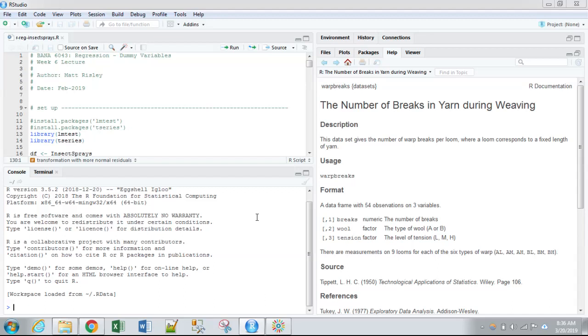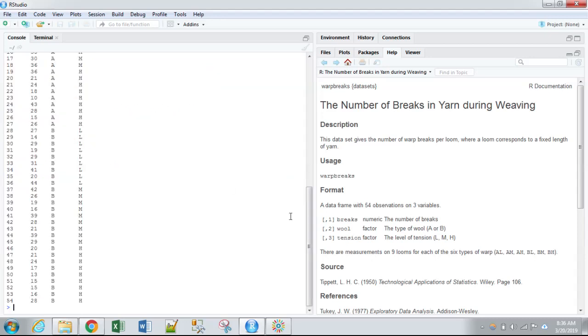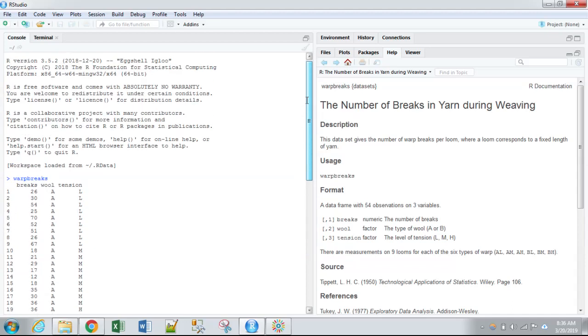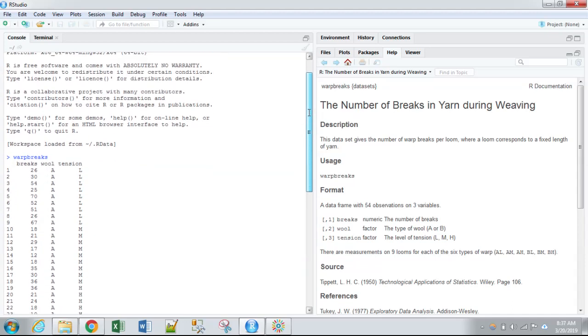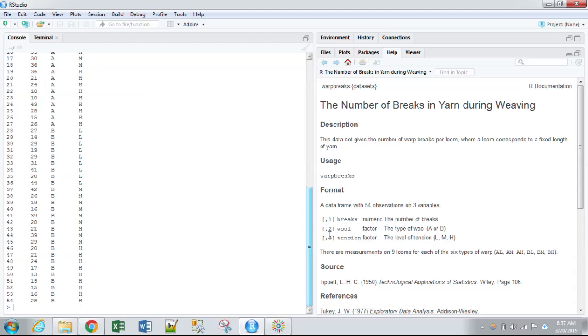So I've opened RStudio. I'll close the script that I had open. So you'll see here is the console, and without loading any other packages or anything else in R, if we just type in warpbreaks, we can see that it's a data set that already exists within R. So we reviewed this in class, but it's got 3 variables: breaks, wool, tension. So the goal of the in-class assignment is to actually export this so that we can then import it into